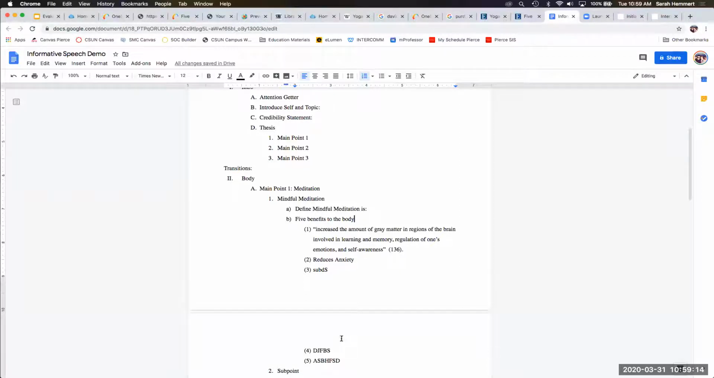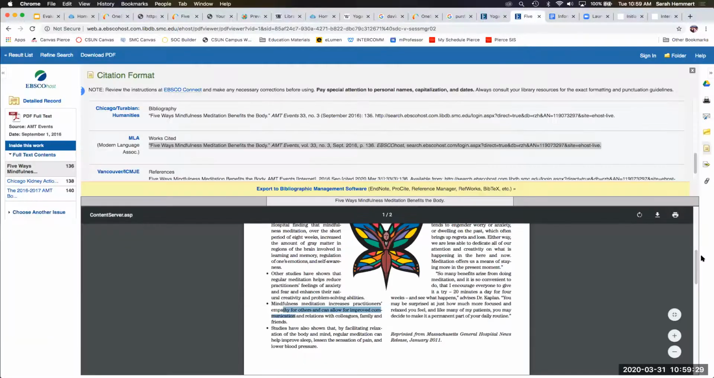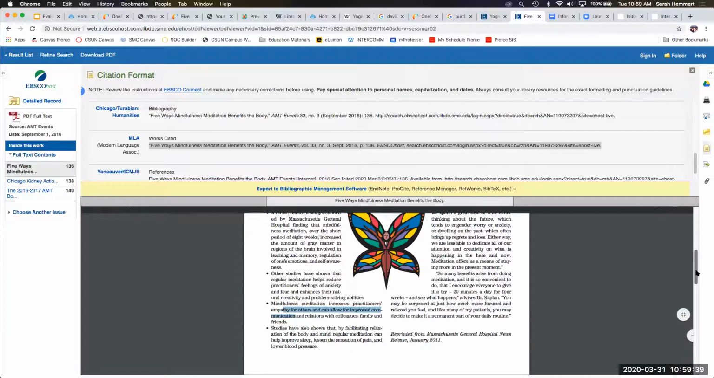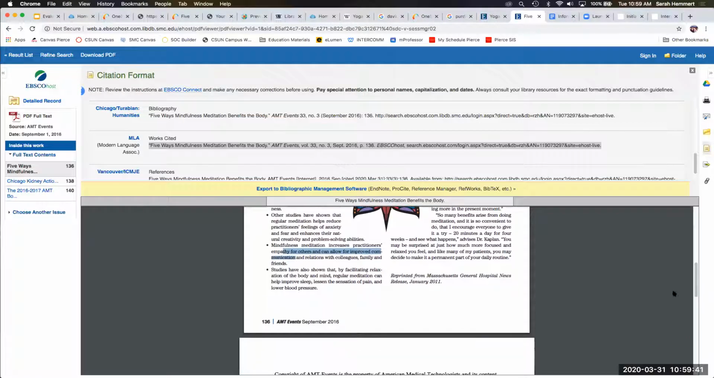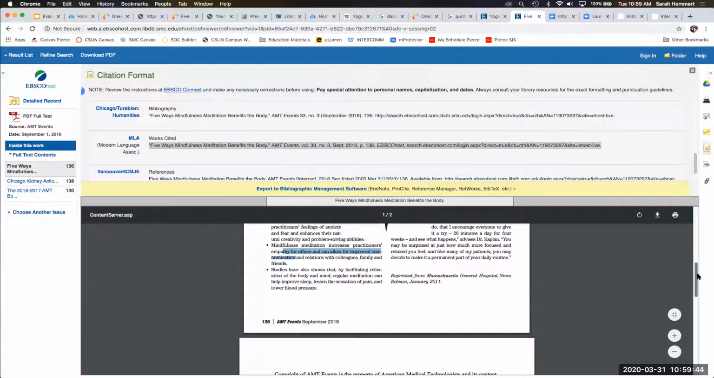Now, if I'm saying that all of these are from the same article, one easy way to do it is to say 5 benefits to the body, according to, and then we find out who wrote this. Now, this was actually a reprint from Massachusetts General Hospital news release in 2011. Now, 2011 is a little old, but let's just go with it for now. So if this is reprinted from Massachusetts General Hospital news,